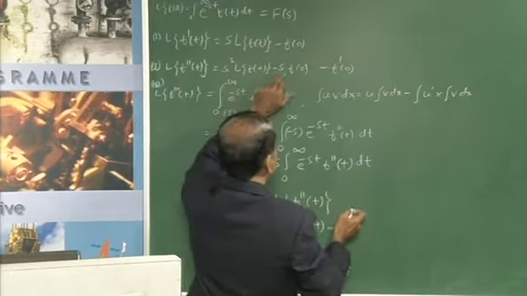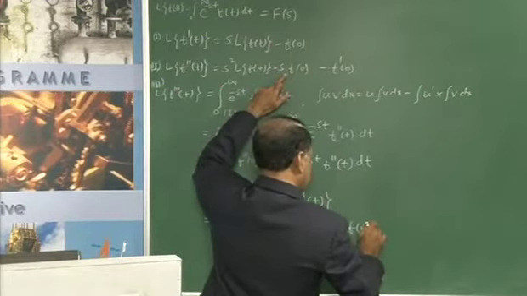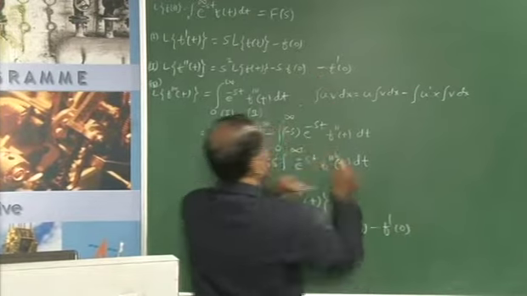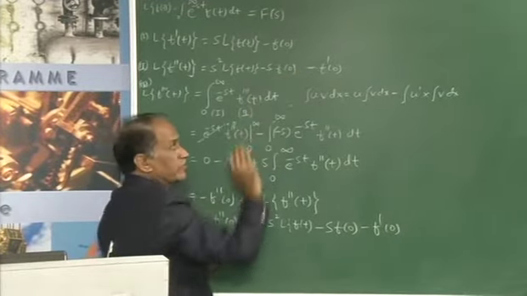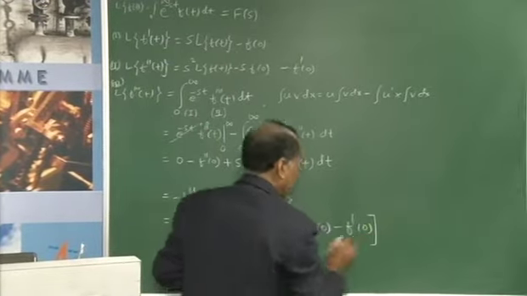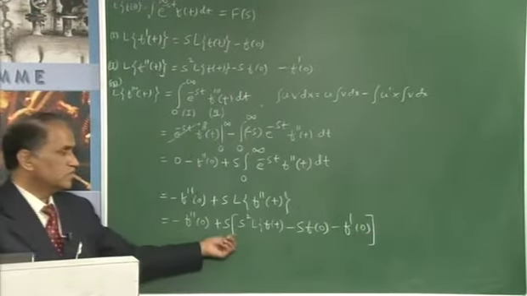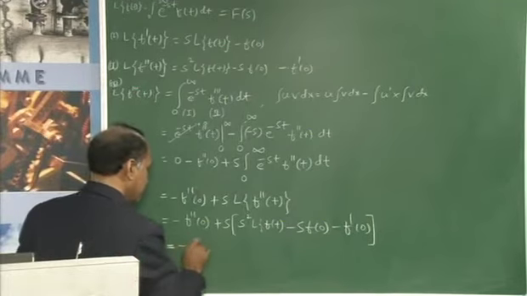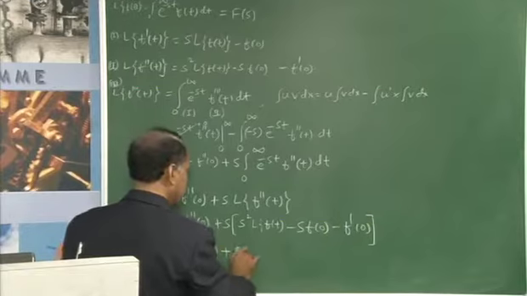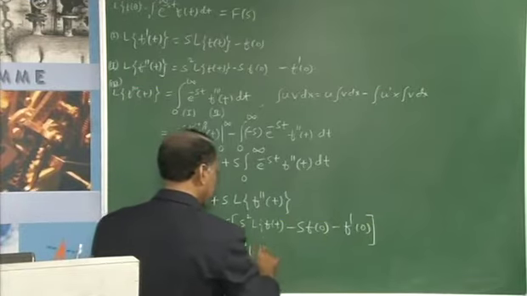Then s into f of 0 and minus f dash of 0, because after the integration L of f t will become this value after substituting the limit, that I am making use of. Now, when you take this s inside, that becomes minus f double dash 0 and plus s cube L of f t